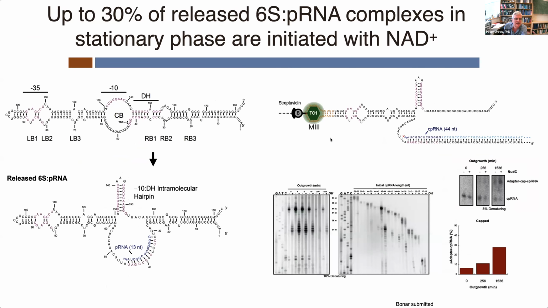Recently, Chris in the lab has also Mango tagged the 6S RNA. He's also done pull downs, but what he was interested in is the correlation between the pRNA production and the maturation of the 6S RNA. So at the 5' end, you can have different RNases cleaving the 6S RNA. And he could observe the pRNA length and the maturation at the 5' end of the 6S RNA simultaneously as a function of growth by pulling out the 6S pRNA complex.